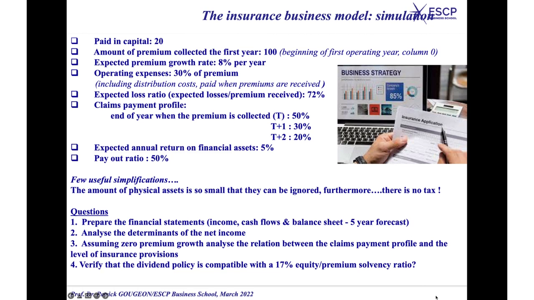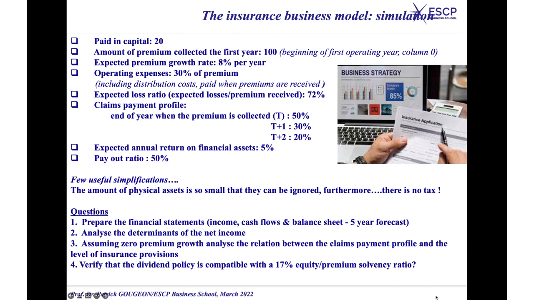So here we assume that 50% of the cost of claims will be paid 1 year after premium have been collected, okay? And then 30% the year after, and then the remaining 20% the year following, okay? So in other words, we're assuming here that the insurers will pay in 3 installments the claims which have to be paid. Indeed, this is not quite realistic because in real life, there is a continuous flow of claims payment